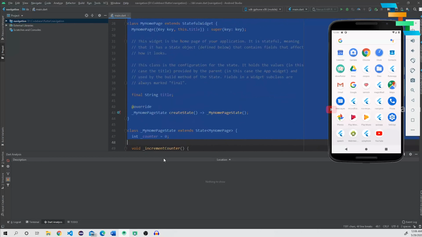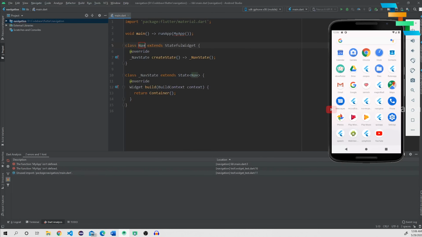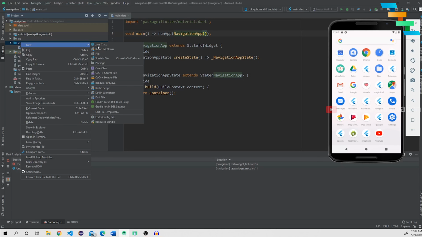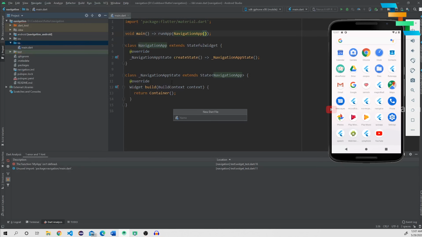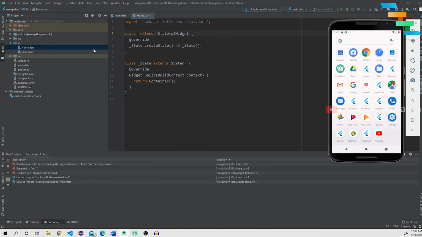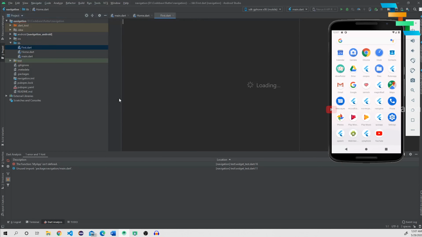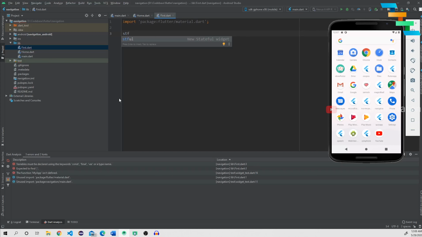Yeah, now we have this app. Just delete all these lines of code. Create a stateful widget. I am naming it as navigation app. Here I am just copying this and pasting it here. Now I will create three more dart files. We'll name it home, and I am creating a stateful widget again here, and I am naming this as home. I will create another dart file, and I am giving it as first, stateful,